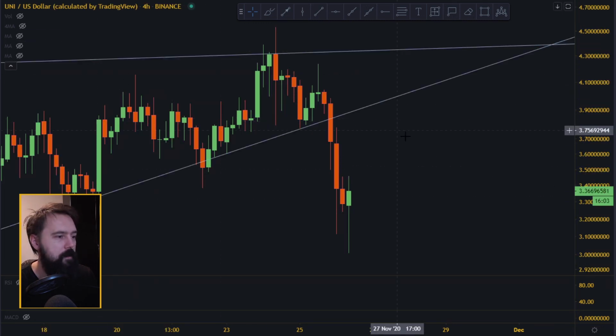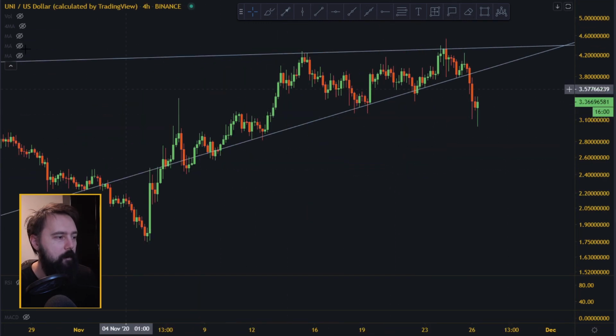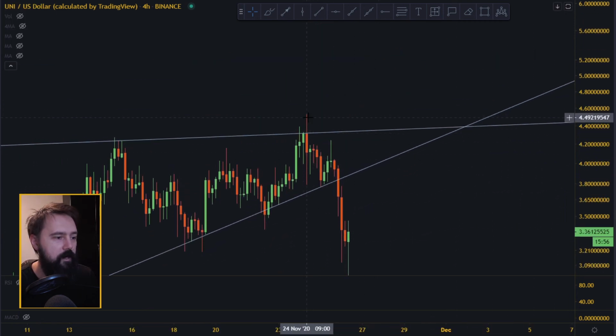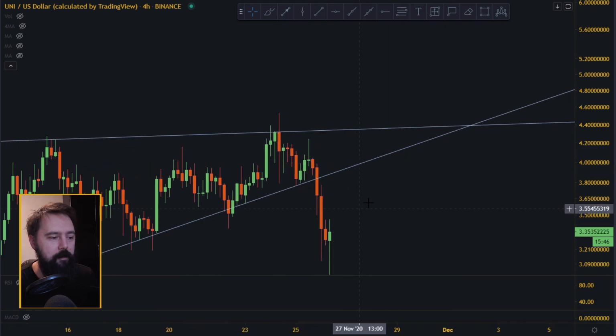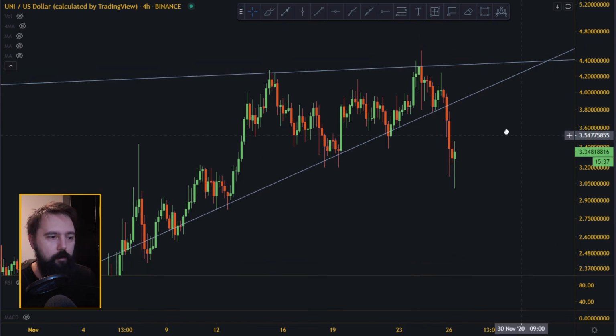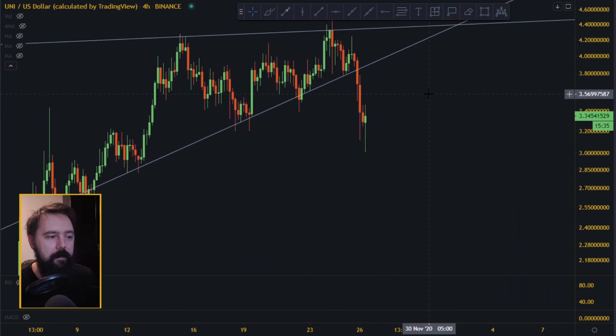I know a lot of you guys have been expecting Uni to go up, and I had the triangle nice here. It broke the triangle on top, but it did not close above it, it closed below it. So I'm expecting it to maybe use a couple more days, maybe get above it. Even here I was expecting it to get above, and then it actually crashed below the triangle. So a lot of these altcoins are also crashing out of their triangles, out of the patterns, and they are making new patterns, new moving averages to follow.